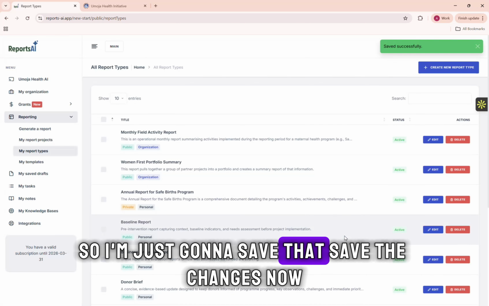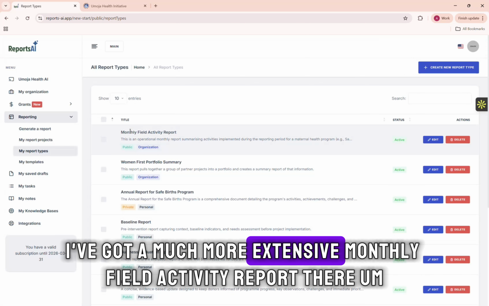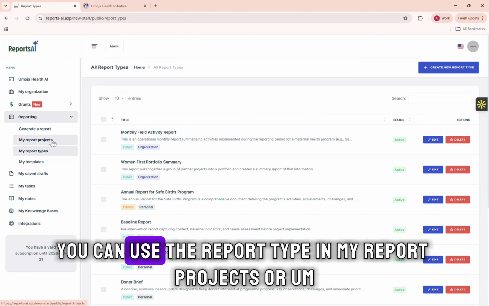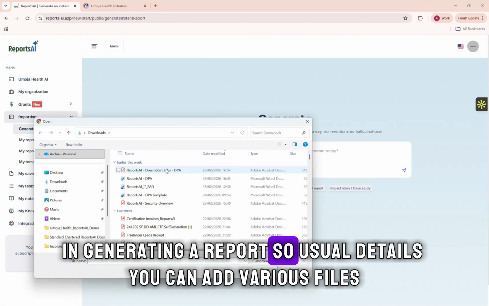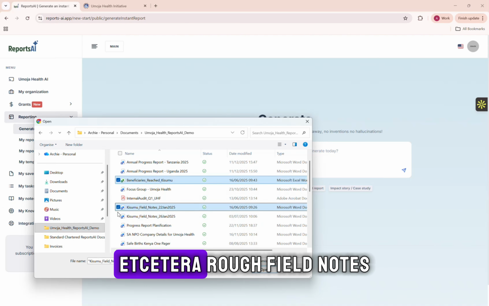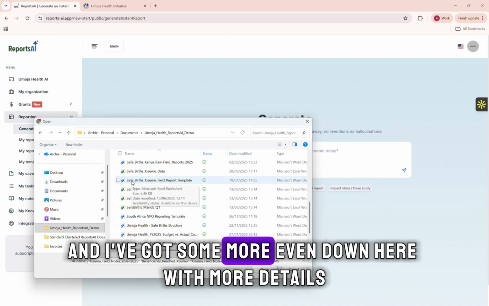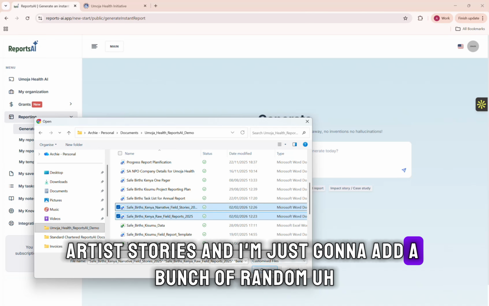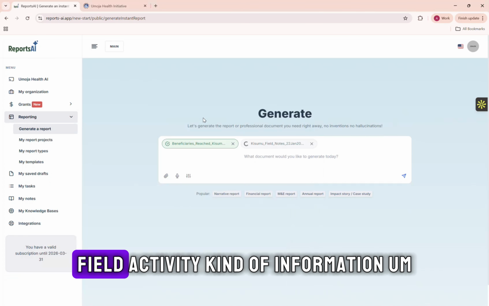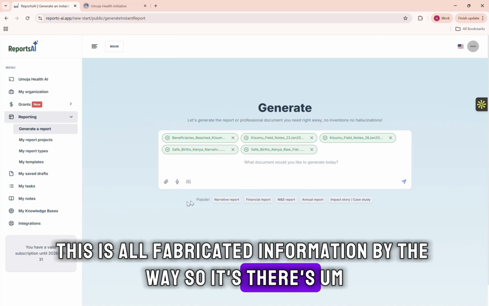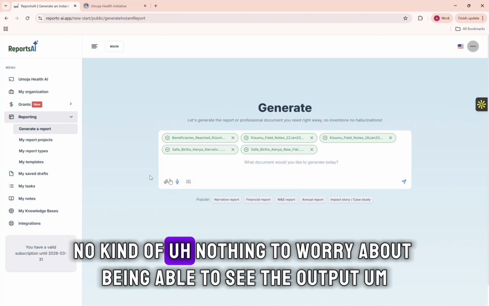So I'm just going to save those changes. Now we've got a much more extensive monthly field activity report there. And for using that, you can use the report type in My Report Projects, or in generating a report. So usual details, you can add various files, Excel files, audio notes, etc., rough field notes. I think I've got some more even down here with more details. Narrative stories. No, I'm just going to add a bunch of random field activity kind of information. This is all fabricated information, by the way, so there's nothing to worry about